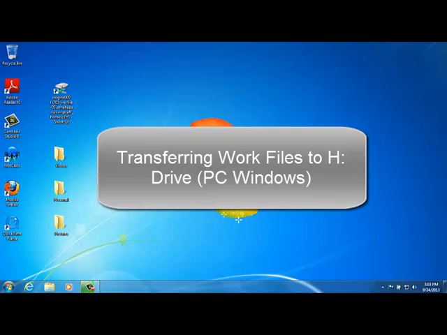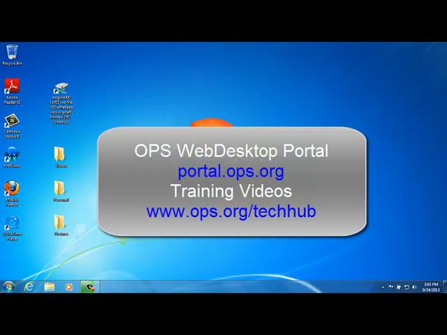This is the end of the training for how to transfer your files on your work computer to the H drive or your home folder on a PC Windows computer. If you would like to learn how you can access these files from home using the OPS Web Desktop portal, please visit